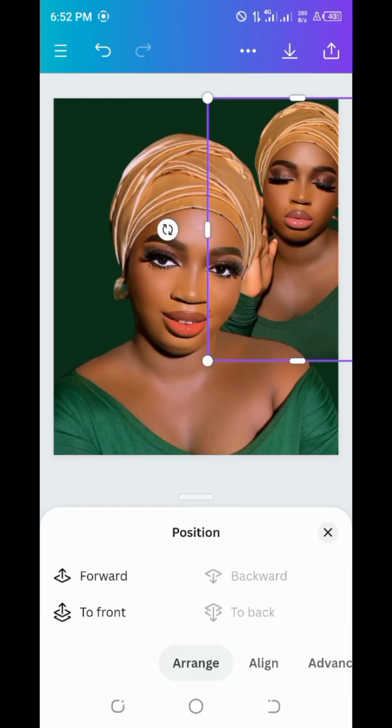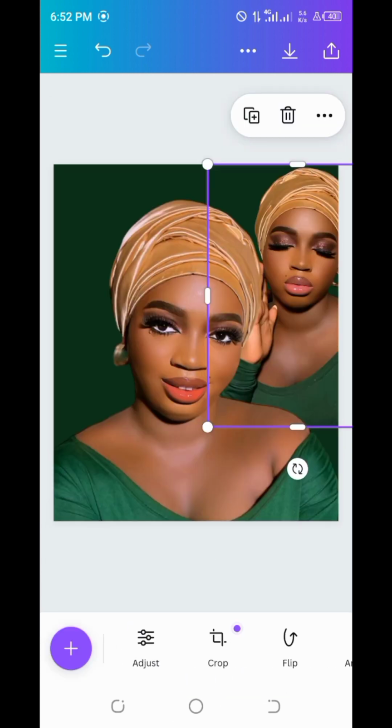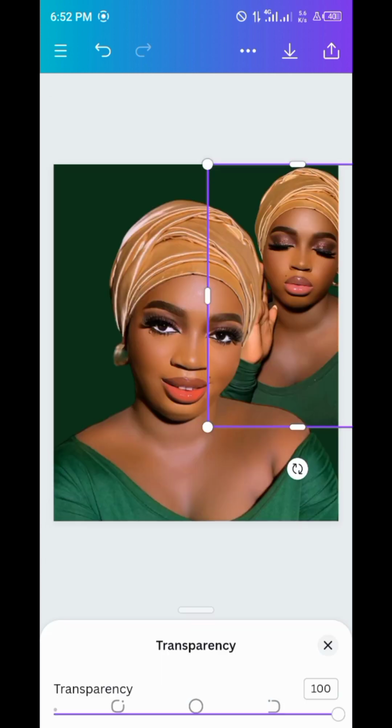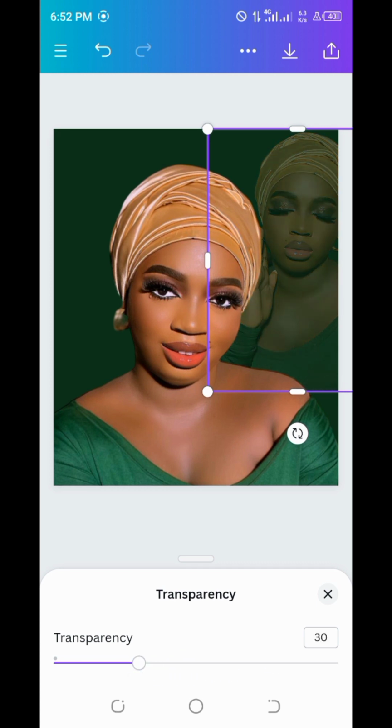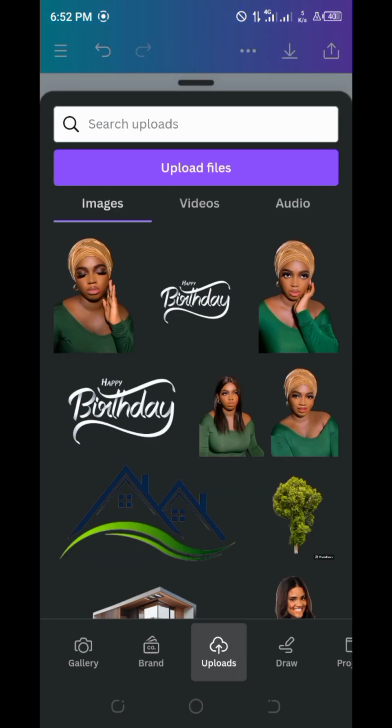to back. Okay, now I'll go to my transparency to reduce the image transparency, to reduce the visibility of the image. So I'll reduce the transparency to like 30. 30 is a good number. Then I'll scroll down. Now I'm going to import the next image, so I'll tap on plus again, and this